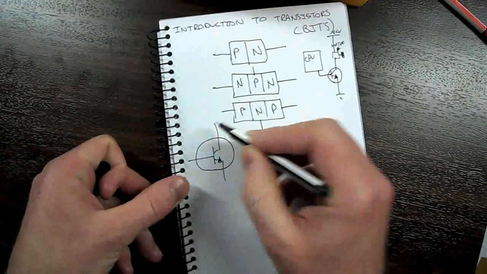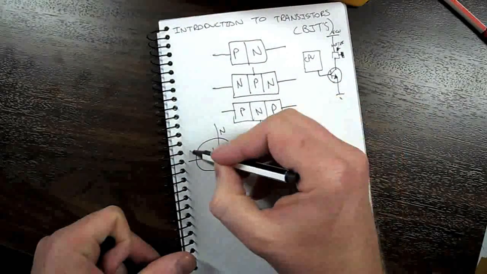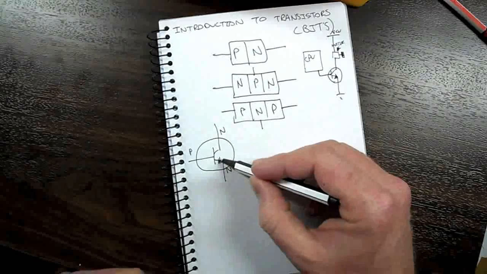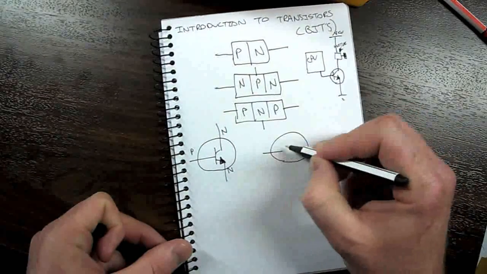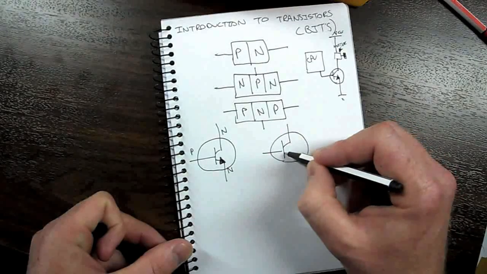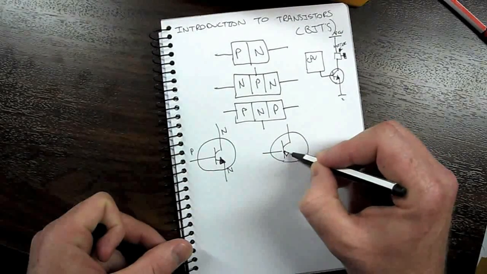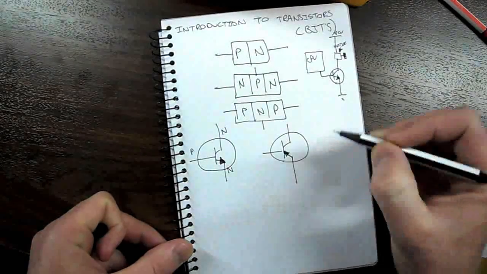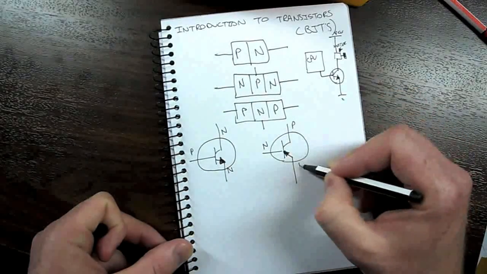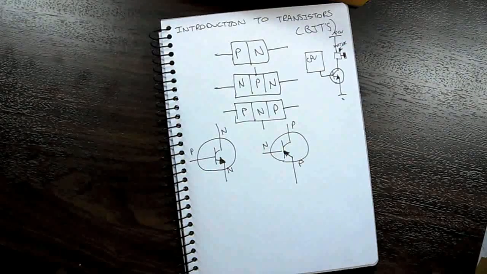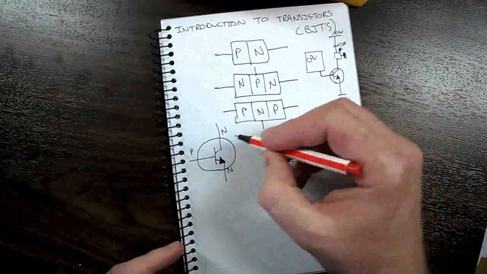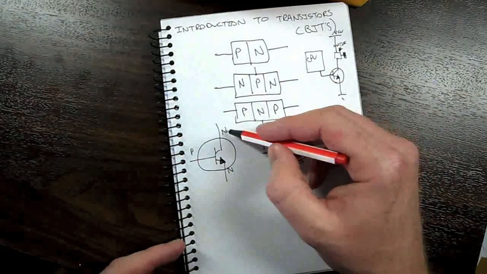This is NPN. Notice how it's got an arrow pointing out. PNP is like this. Oops, forgot how to draw an arrow. PNP. Now there's a widely used little memory prompt for this, and that is for NPN we say it's not